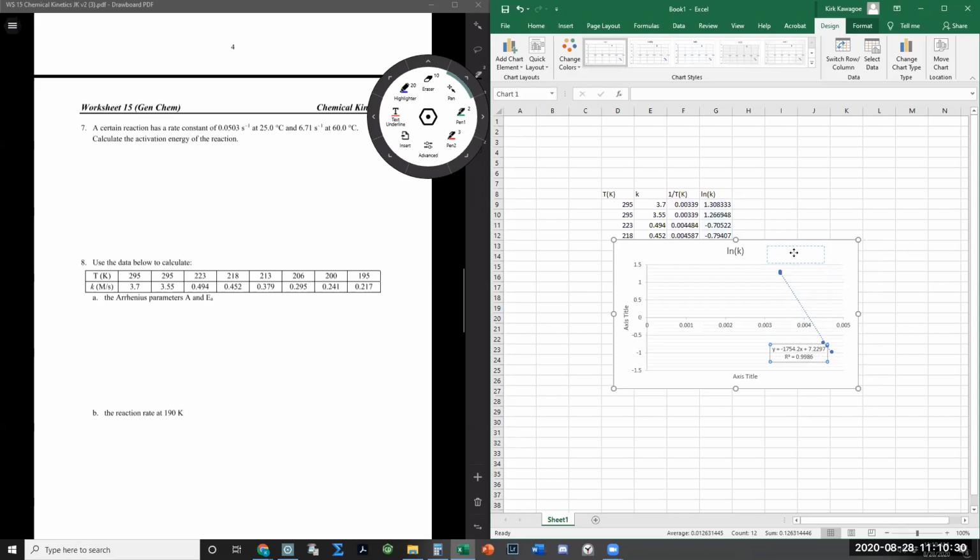You'll notice it put the equation for the line there, and then it asks for axis titles, and that's the chart title. So this is actually ln(k) versus 1 over T, or you could type in Arrhenius plot. And then here you want to type in ln of k,